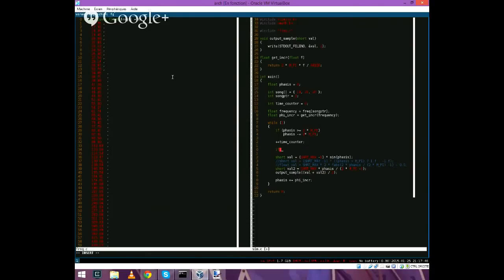So I said I want to keep track and play each note half of a second. So remember, I say 44,100 samples represent 1 second. So